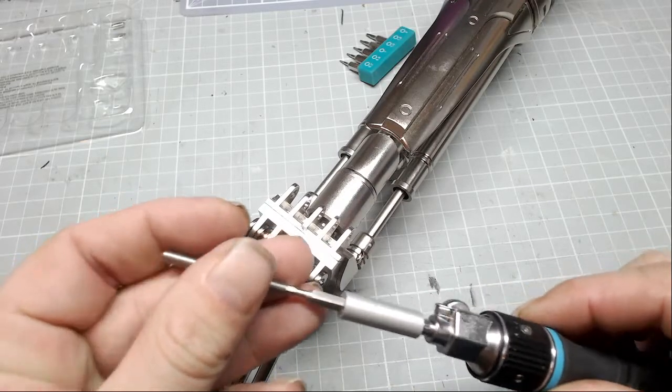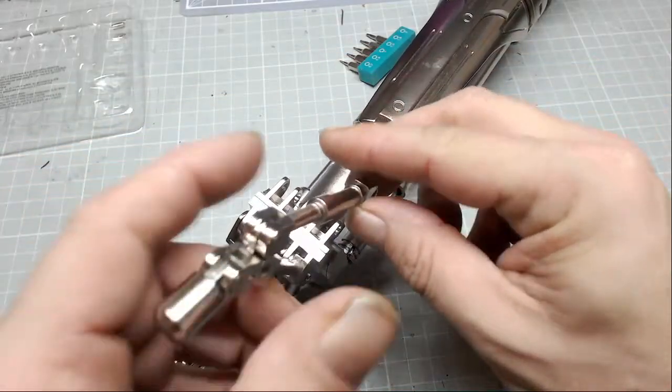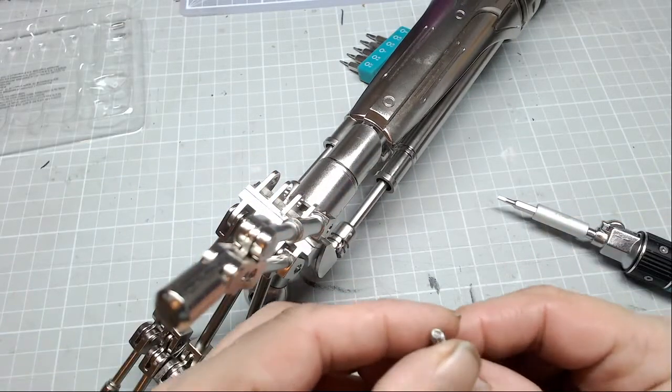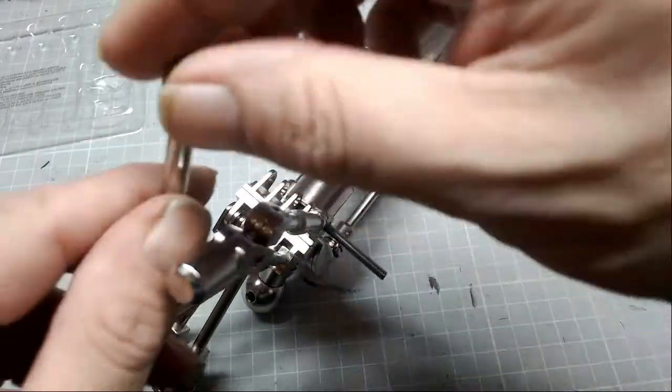for the top of the feet, and obviously what we're going to do is bring this up. It's going to be slightly fiddly, it's going to be very fiddly actually. So we then just push that into there like so. We might need to jiggle it a bit. And then the second one,